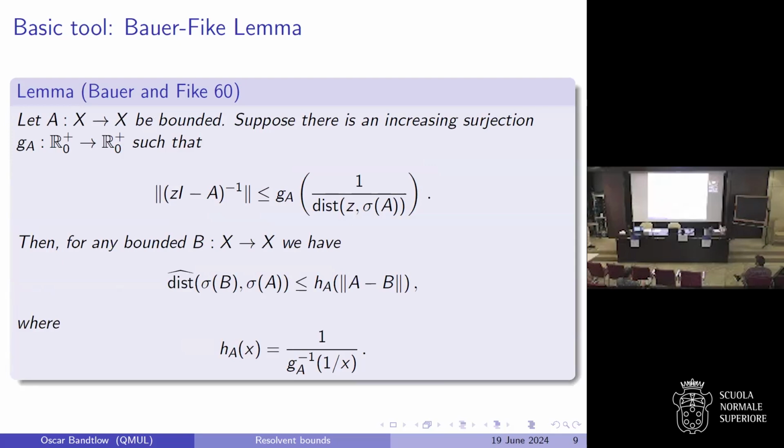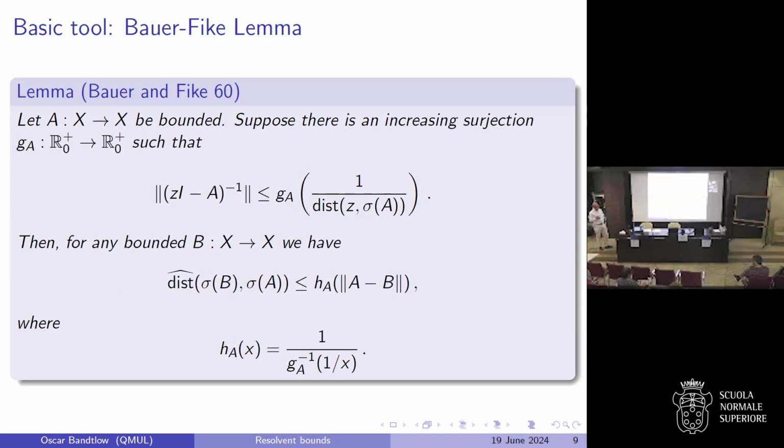Okay, so here's how it works. This is not how Bauer and Fike wrote it down. They had a slightly different version, and also they were only interested in finite dimensions, but it's easy to extract their argument and make it work for an arbitrary Banach space. So this works for any old bounded operator on a Banach space. Let's suppose we have an increasing surjective function from the positive reals to the positive reals, such that for all z in the resolvent set of my operator A, we have this bound on the growth of the resolvents. So I suppose I have this function, and it only depends on 1 over the distance of z to sigma(A). If this is the case, then for any other bounded operator B from my Banach space X to X,